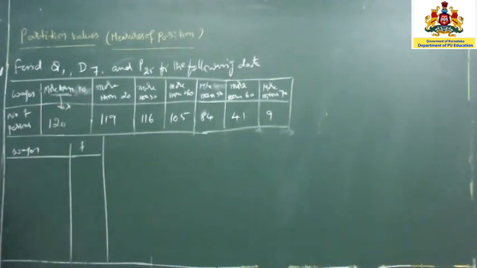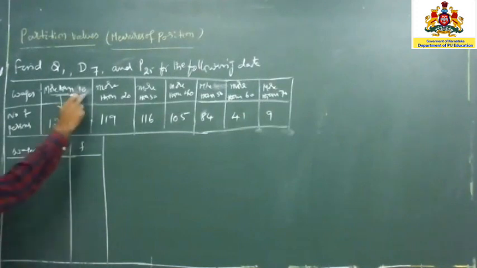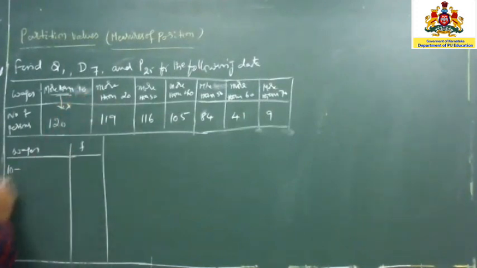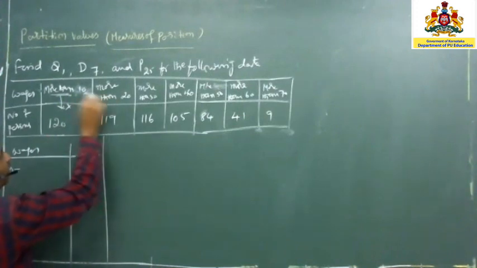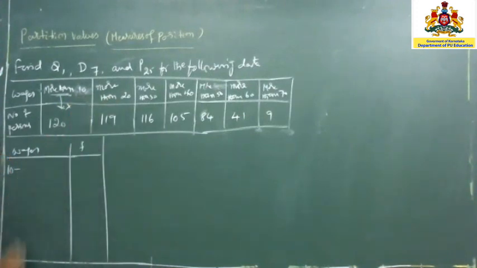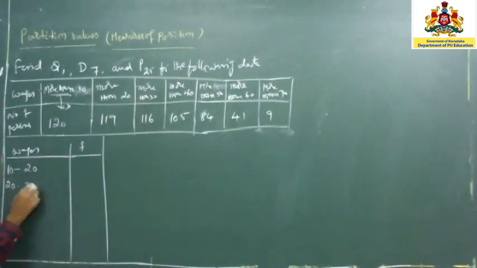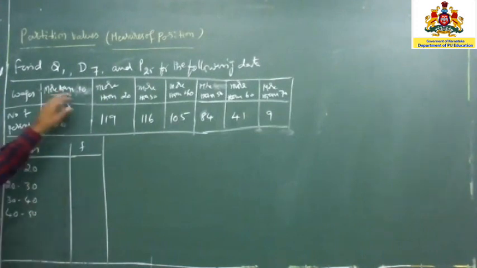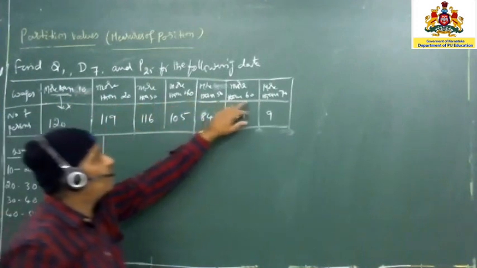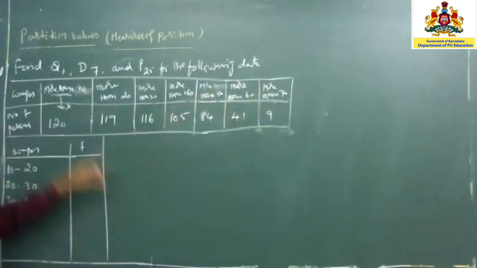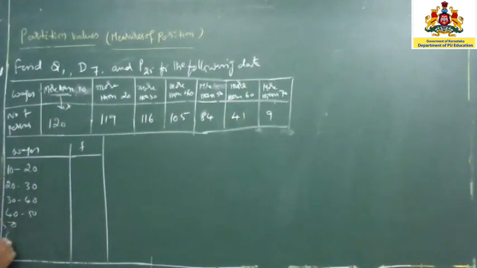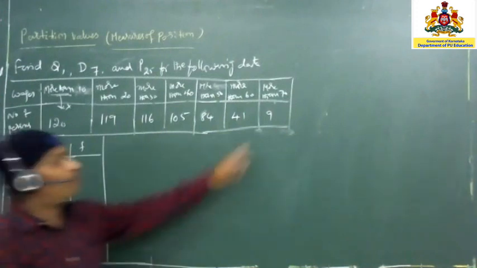Then how do you start? This is "more than 10", so you can write it as 10. What is the difference here? 20 is there, 10 is there, 20 minus 10 is 10, so 10 is going to be your class interval. The second one is 20 to 30, and 30 to 40 and 40 to 50. Since "more than" is given, the 10, 20, 30, 40, 50, 60, 70 are lower limits only. Lower limits are given. So lower limits are 10, 20, 30, 40, 50, 60 and 70. So up to 70 I have written it.